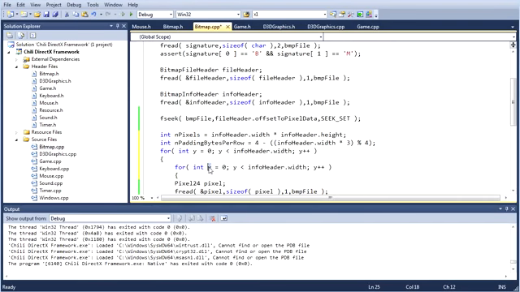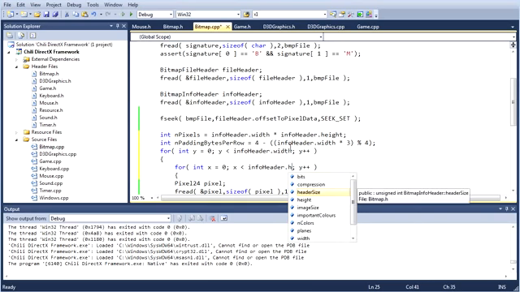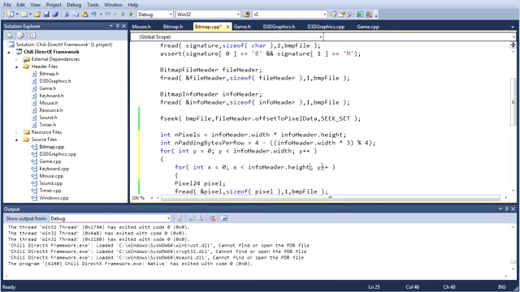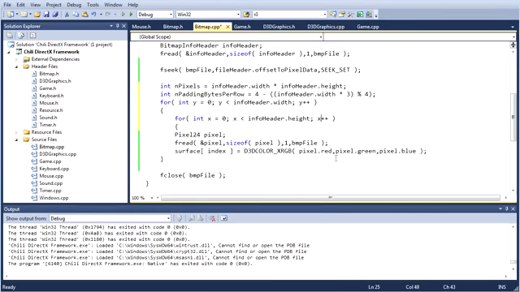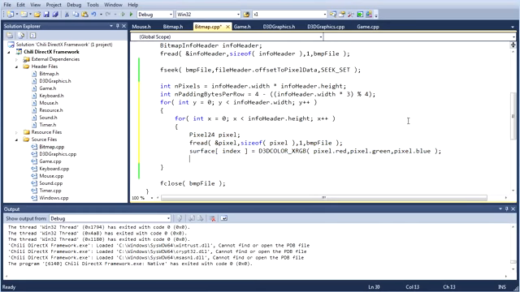Tab that one. X, as long as x is less than info header dot height. I said height. X plus plus. Then we do this, and then we do this. Okay. Now